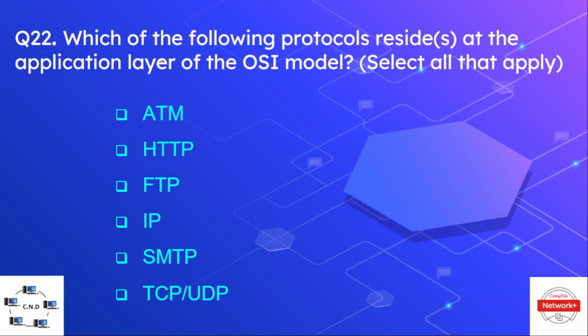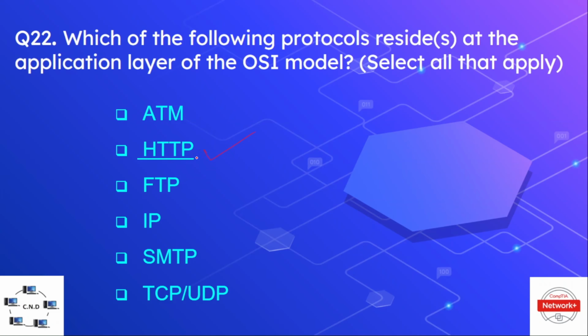The next question is: which of the following protocols resides at the application layer of the OSI model? We have to select all the correct options, and the options are ATM, HTTP, FTP, IP, SMTP, TCP, and UDP. And the correct options are, the protocols at the application layer are HTTP,